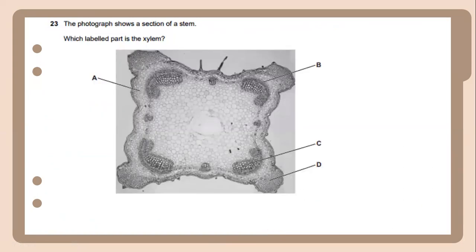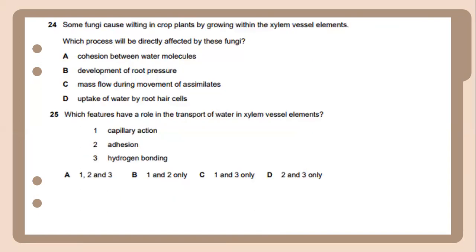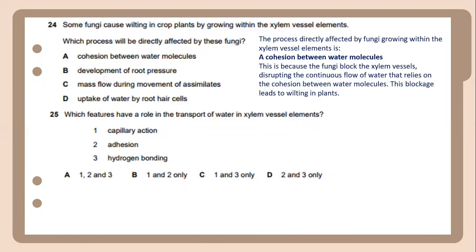The photograph shows a section of a stem, which labeled part is the xylem? So in this diagram, C actually represents the xylem. Some fungi cause wilting in plants by growing within the xylem vessel elements. Which process will be directly affected by this fungus? The process directly affected by the fungi growing within the xylem vessel elements is cohesion between water molecules. This is because the fungi block the xylem vessels, disrupting the continuous flow of water that relies on the